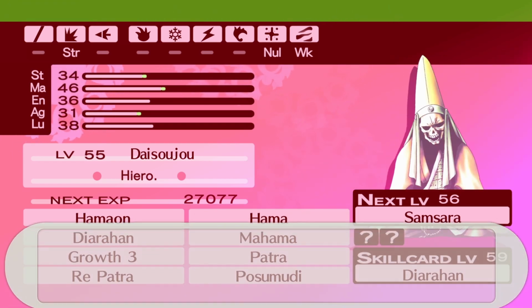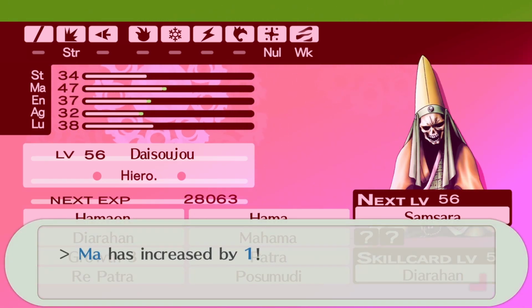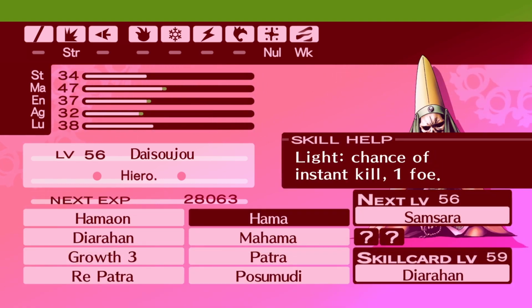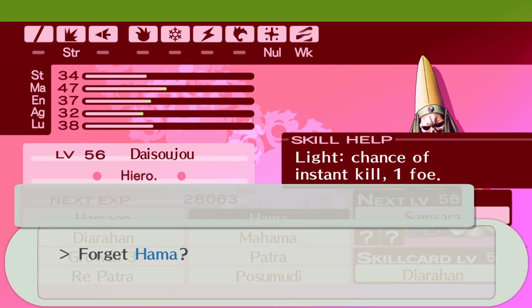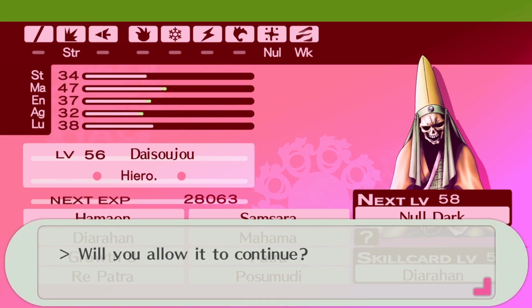Now, I think a lot of these higher fusion persona have some special skills. Like I think this Samsara one here, which has a light skill. I think this is a special skill. I don't know if it can be passed on, because I don't recall if it can. So that's actually very interesting to